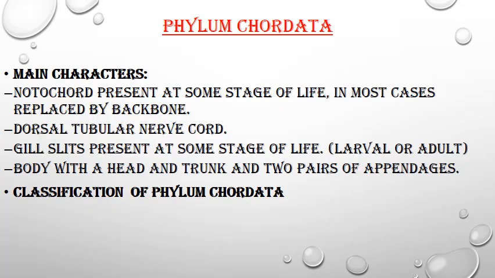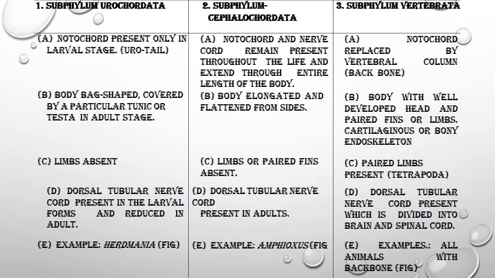Next is phylum Chordata. So, notochord is present at some stage of life, in most cases replaced by backbone. Dorsal tubular nerve cord, gill slits present at some stage of life, larval stage or adult, body with the head and trunk, 2 pairs of appendages. Classification of phylum Chordata, here you can see